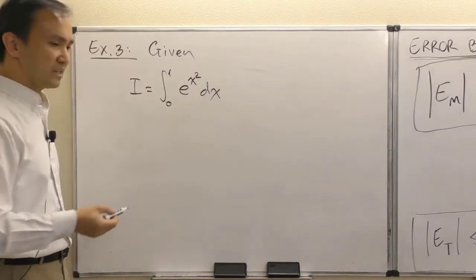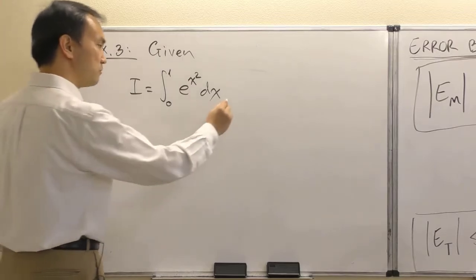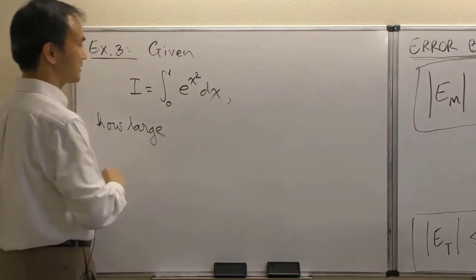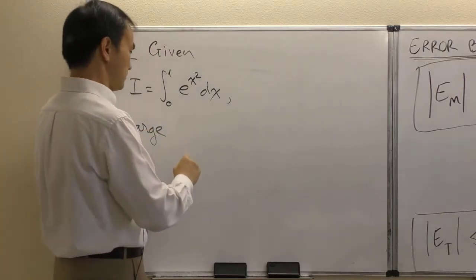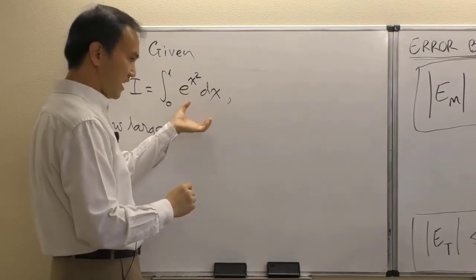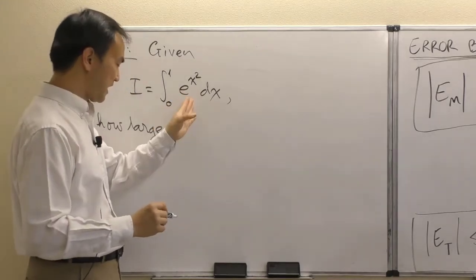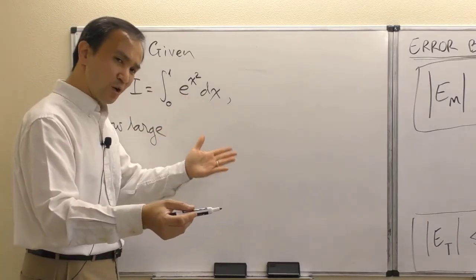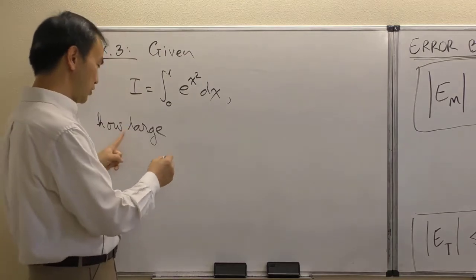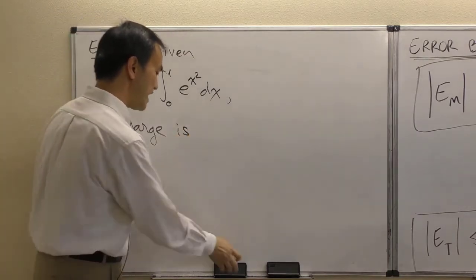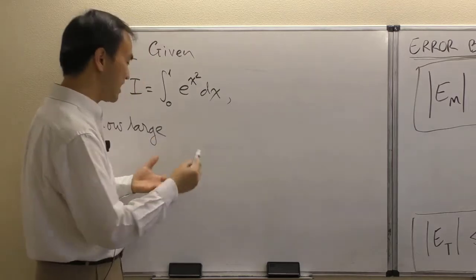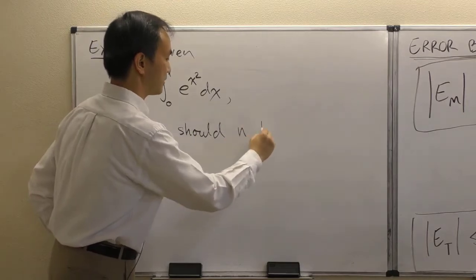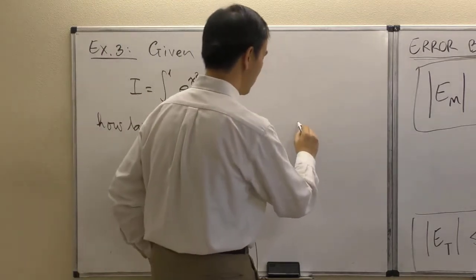Once we're given that, the question being raised is the following: how large? With that integral right here, of course we cannot use any fundamental technique to find that answer. We cannot go through the fundamental theorem of calculus. That's why we're going to break it down into subintervals. The question now is how many subintervals, or how large should n be? In other words, how many subintervals should we use? How large should n be to ensure